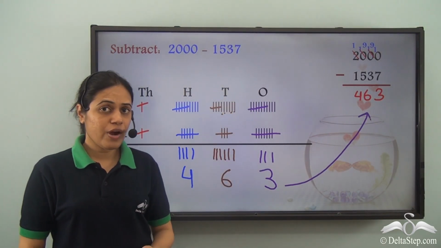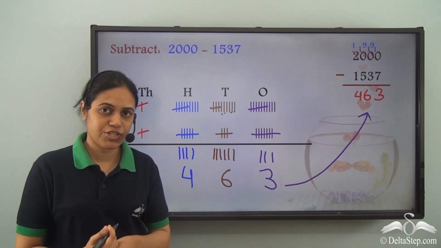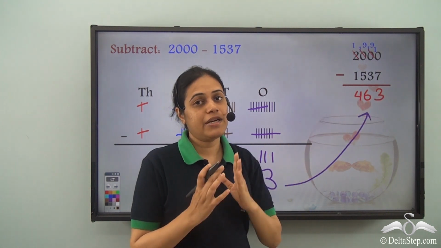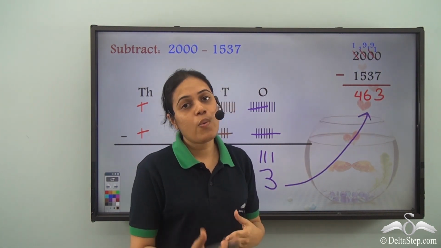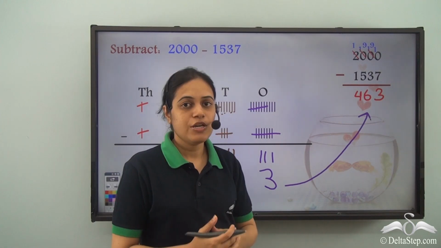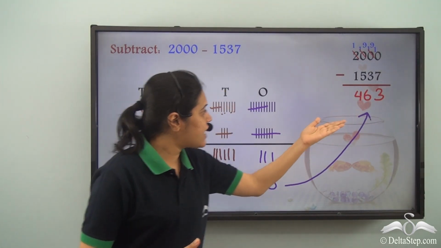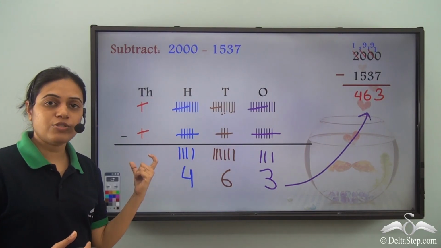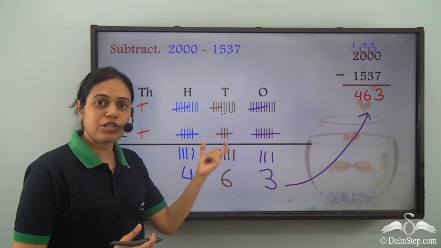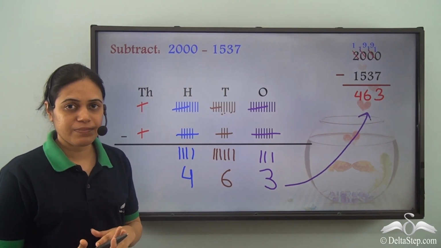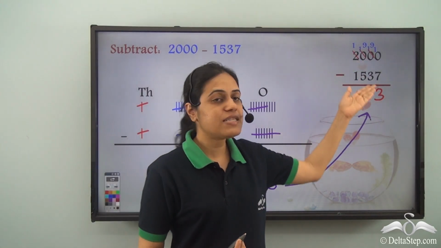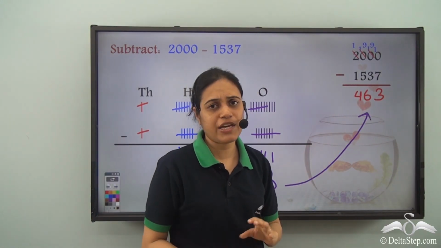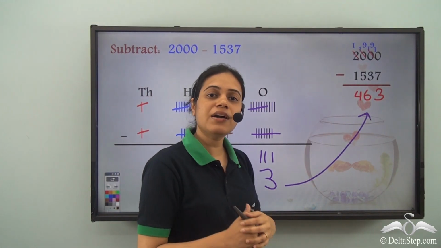So now do you understand the logic behind subtraction? We have learned these steps earlier, but now we understand why we perform these steps. So we now understand the logic or the reasoning behind borrowing. So when I borrow from a place to the left, what exactly does it mean? And this is why this method works so well. That is why this method is so accurate and always gives the correct result.